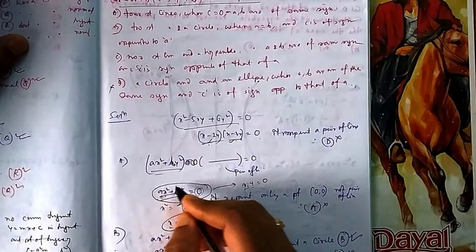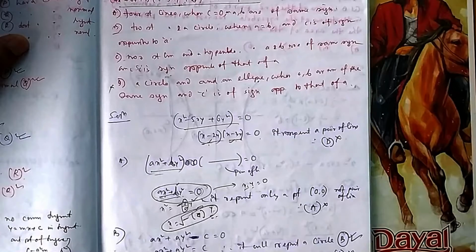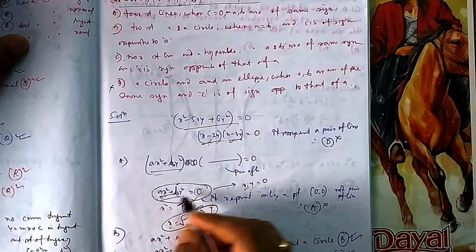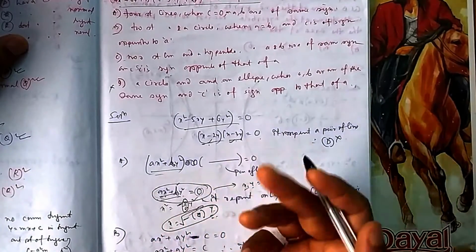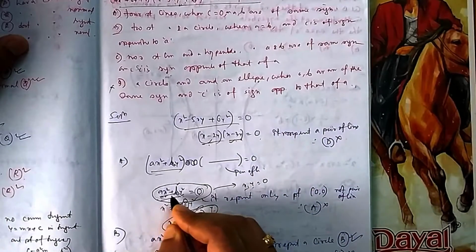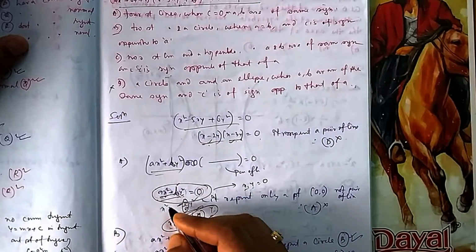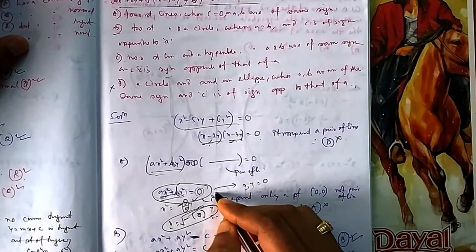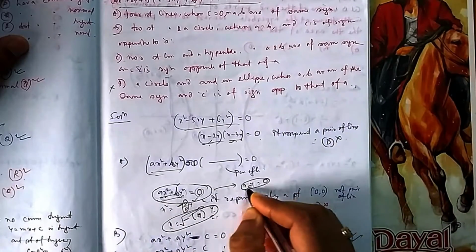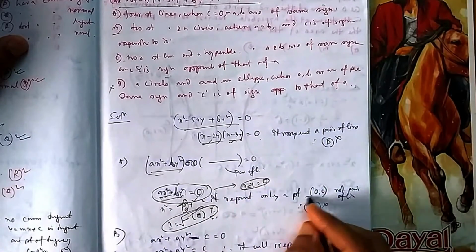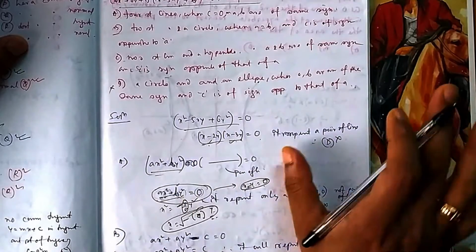This one we have seen. This is also positive. This is also positive if you think. Or if you think both negative, you take minus common. Then also both become positive, because this side is 0. So square plus square, both are squares, meaning positive numbers. So the sum of two positives cannot be 0. If it has to be 0, then there is only one option, x equal to y equal to 0. So it is representing only one point, not anything else.